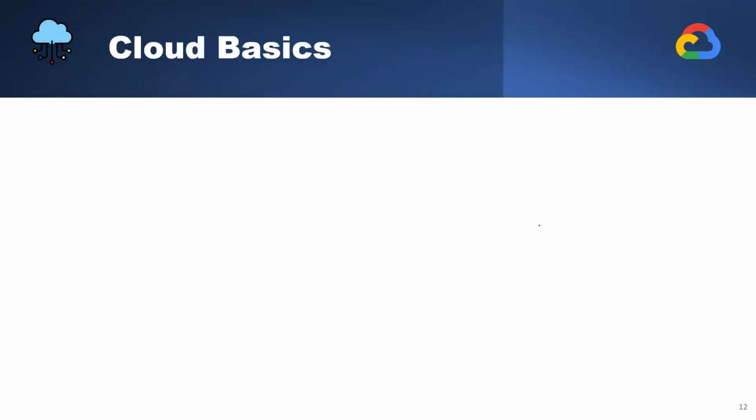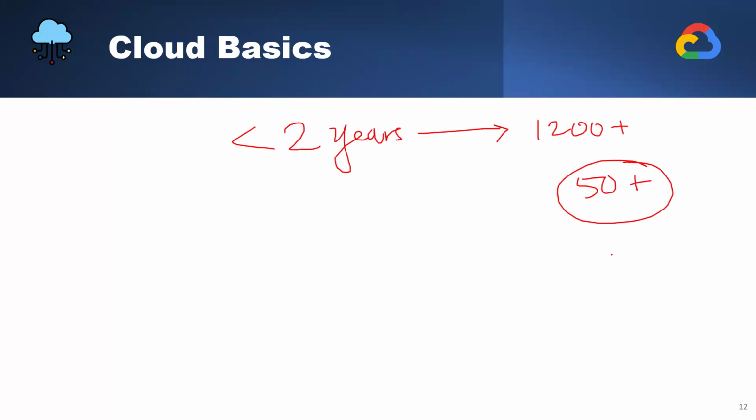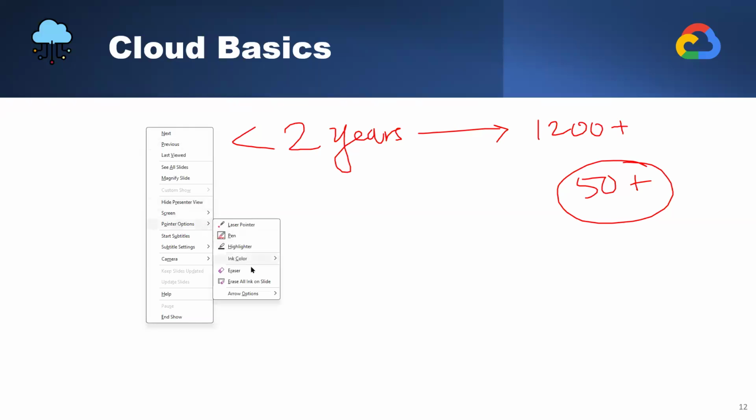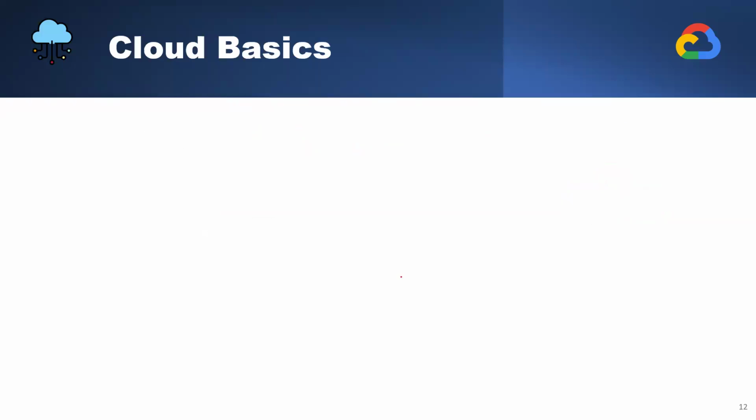I think I've told you, right? I've been teaching this course for close to 2 years. Almost 1200 plus students we have taught in my 50 plus batches, close to 60 batches, I don't remember exactly. And every quarter, every half year, I used to change the syllabus according to the market. And finally, today we are going to look at a very full-fledged course syllabus, or course curriculum.